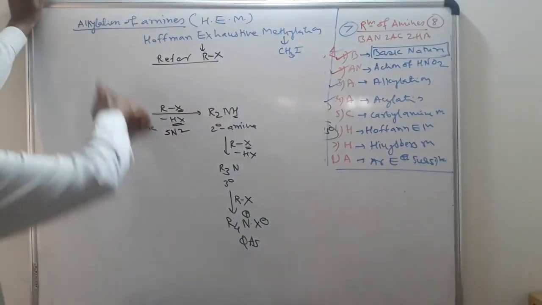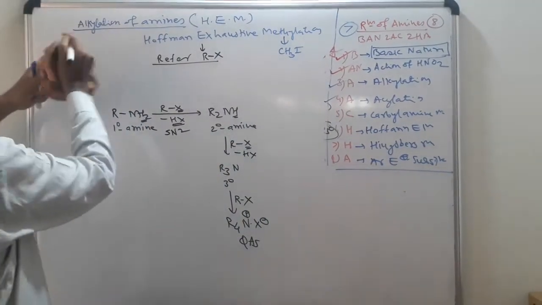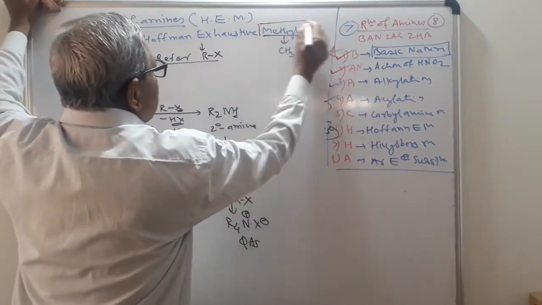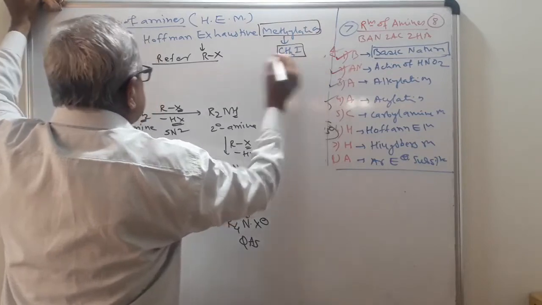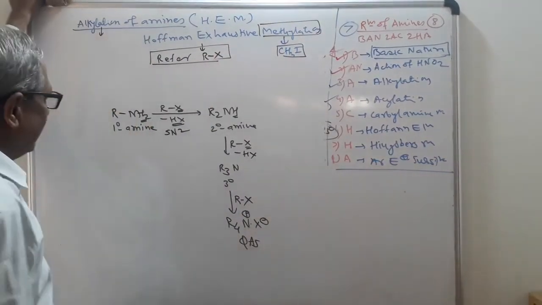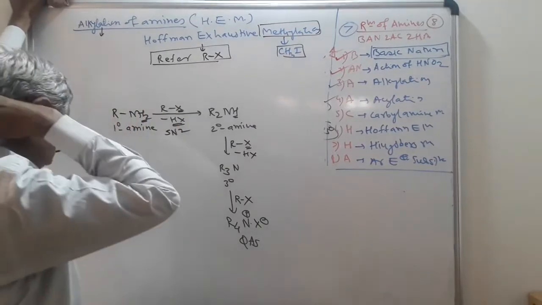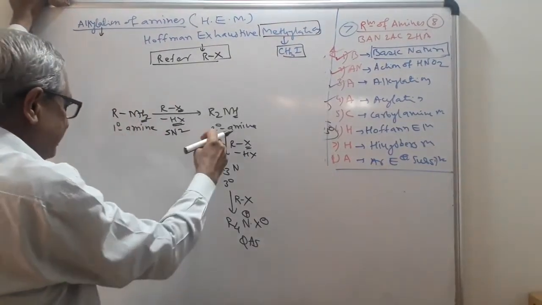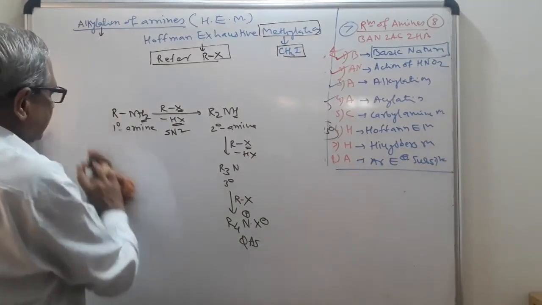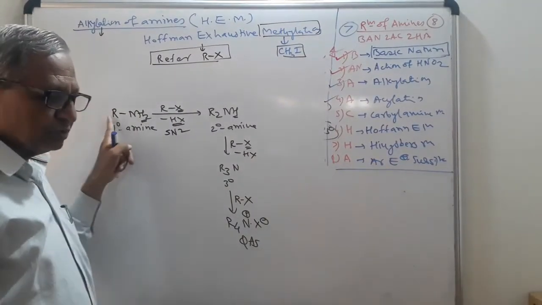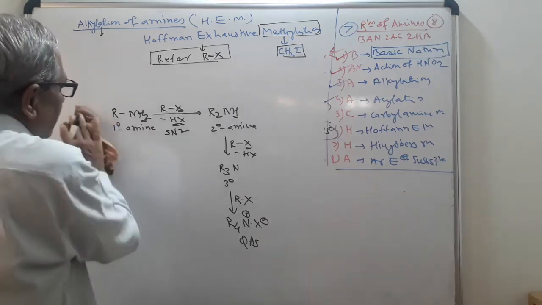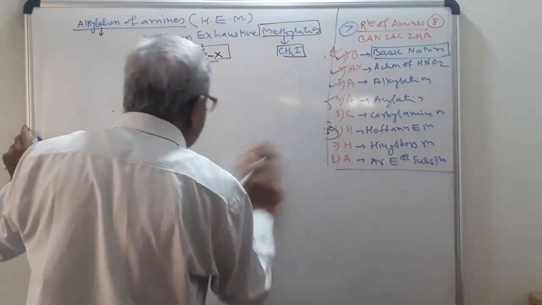So take the reaction, alkylation of amines. In alkylation we will take here particularly methylation. The reagent used for the methylation is CH3I. Actually we completed this reaction in the topic alkyl halides. When alkyl halides are treated with ammonia, first you will get primary amine, secondary amine, tertiary amine and quaternary ammonium salt. Take different examples. R is equal to CH3, methylamine; R is equal to C2H5, ethylamine. A number of examples you can prepare here.